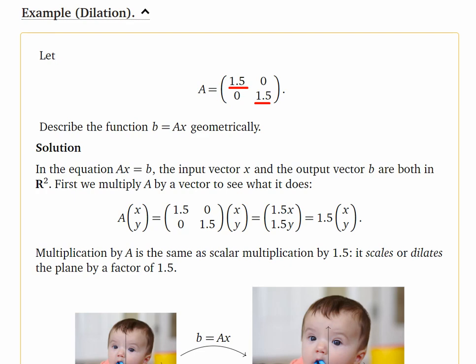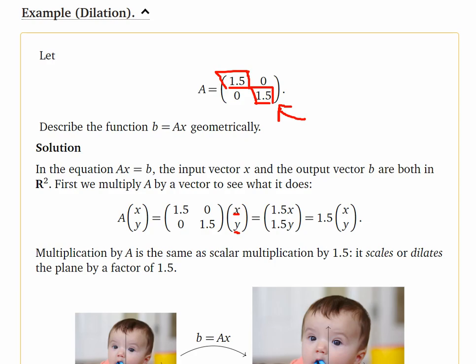One of the reasons they call multiplying by a scalar a scaling value. And so here, everything is going to be magnified 1.5 times, right? If the values along the main diagonal were, say, 1/2 and 1/2, then I would be scaling by 1/2. And I don't have to scale both the x and the y component the same. I can scale along the horizontal axis by, say, 2, and scale along the y-axis by a factor of 1/2,